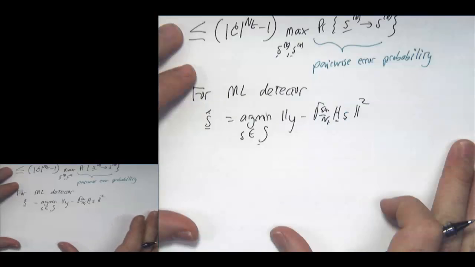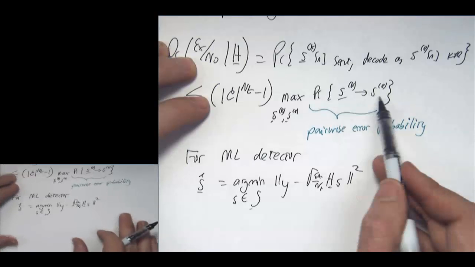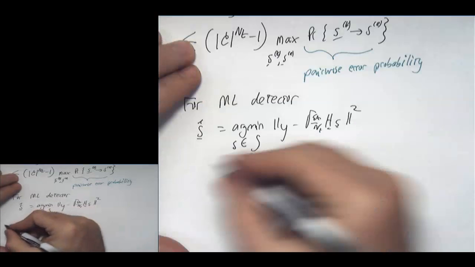Now if we're looking at the pairwise error probability, our constellation only has two vectors in it, S of k and S of L. And so an error occurs when